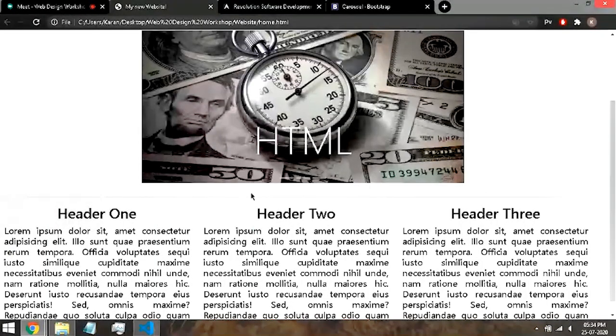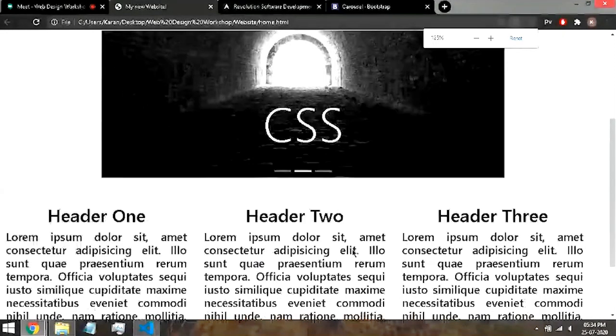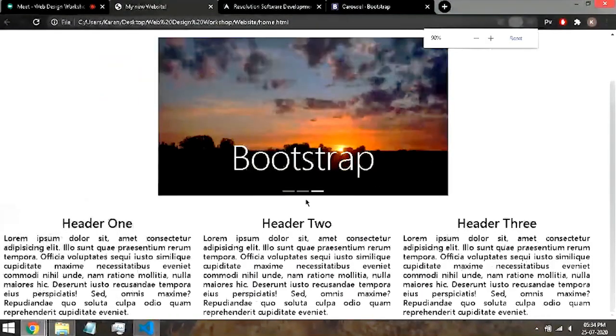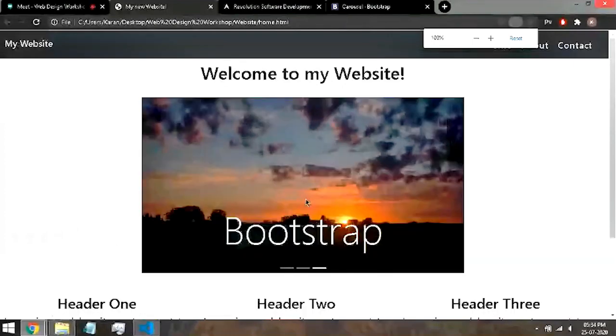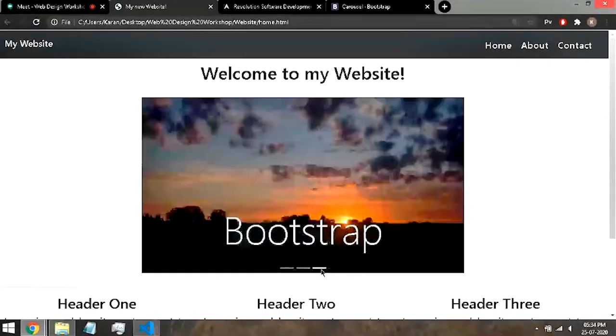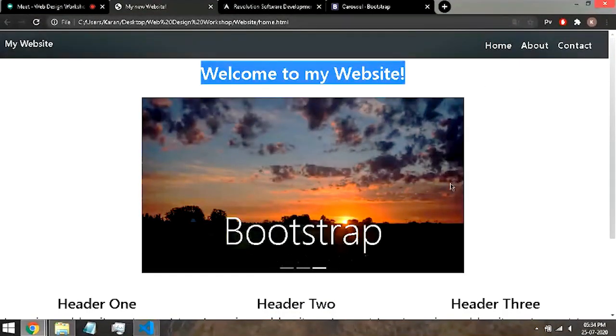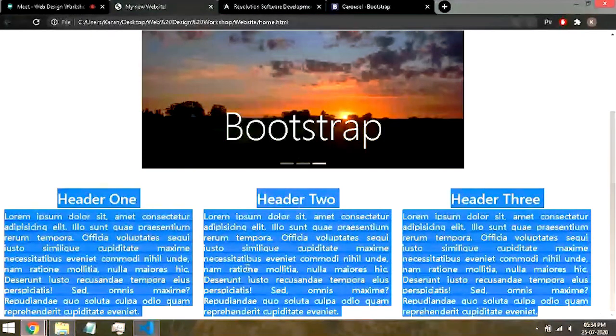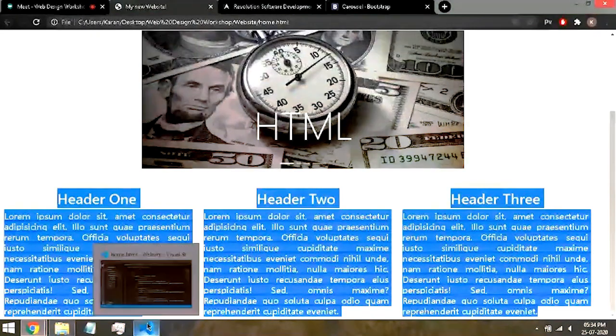Here, there is basically, you can say, a page divider. I don't know if you can see this. It is very transparent, but it is noticeable when you actually visit this website. So yeah, our website is turning out to look a bit better now. It has a carousel which has multiple images. It has a header. It has a navigation bar. It has some information that you may want to display on your website. Now, what else is remaining?